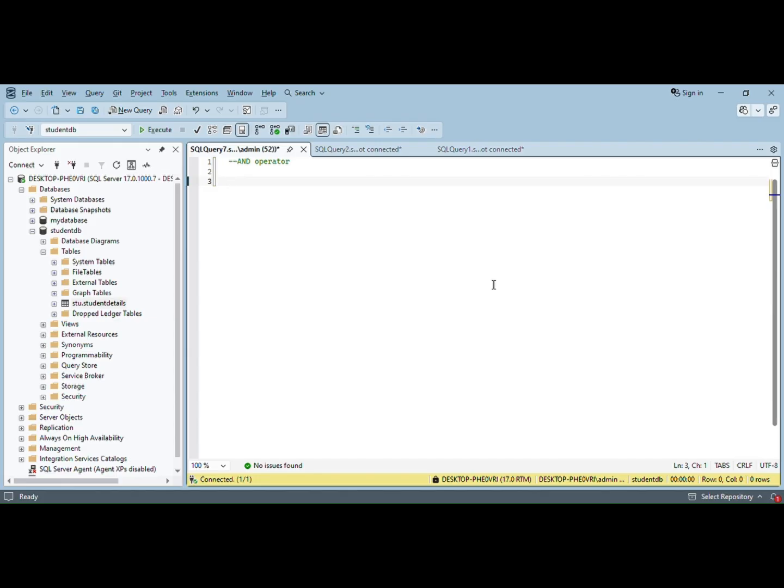So we'll start writing our query. Now, schema name, student details. Here you must be wondering that I have not written the database name. Why so? Because I have already selected my database name here. And if you have already selected your database name here, then you don't need to write it in the query again and again. So now let's move on with the condition where age is greater than 20 and